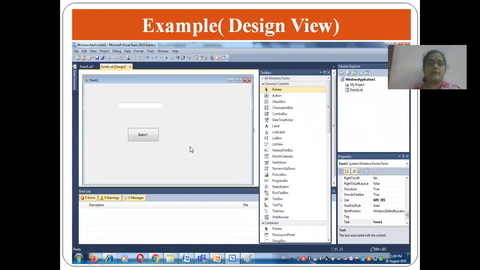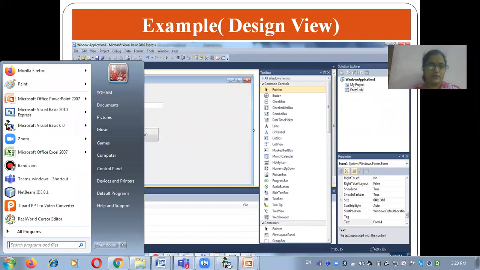Now this is the example of the application or the variable. I am designing the application for you in Visual Basic 2010. Okay.